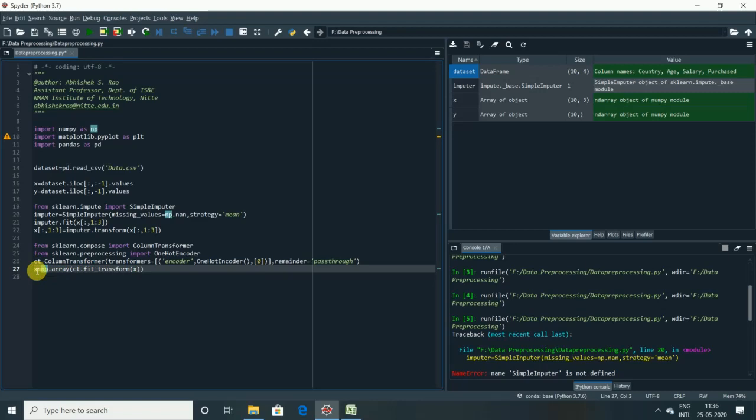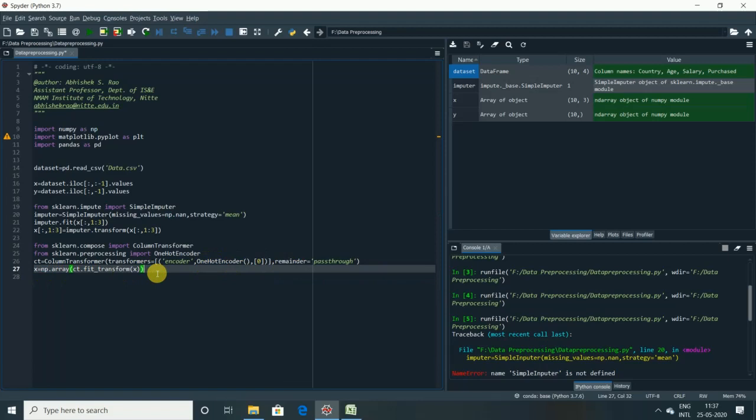This is what I do using a column transformer. Okay, I hope you understand. I had applied the one hot encoder to the first column, and along with that three new columns, I want the last three columns also, right? So for that purpose we have done this, and I am going to update it with the old X value. So let us execute this once and we'll see the output.